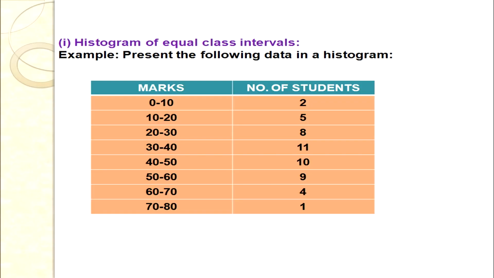Let us see with the help of an example. Now, this is an example where we are going to construct a histogram. Let us first analyze the data. We can see from the following data that it is a frequency distribution. It is a continuous series. Continuous means the upper limit is the next lower limit. We are able to see that. The class interval gap is also the same. So, that is where the heading goes, histogram of equal class intervals.